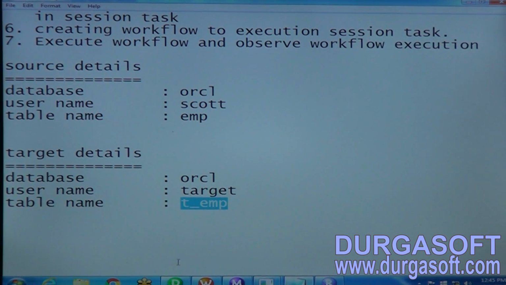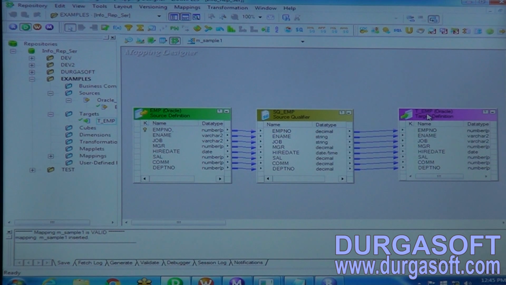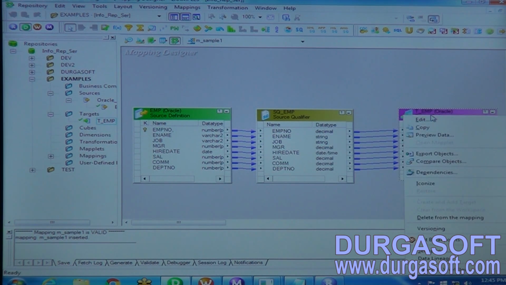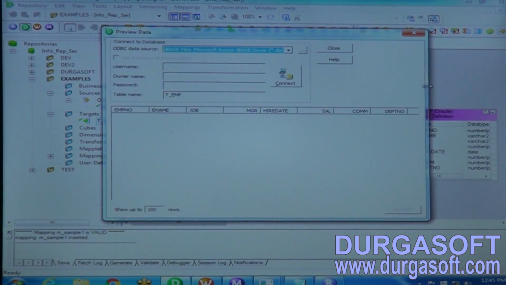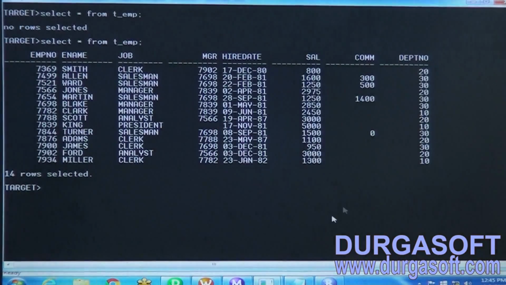You can see what data is loaded inside the target database by clicking on the target definition. Here you can also check the target table preview data if you want. Sometimes we will not have connection information for the target tables, so we cannot see it like this.